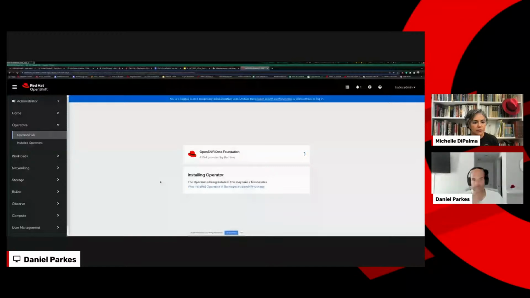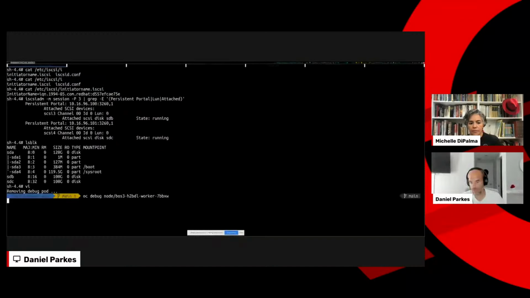Did the machines finish? We can see now. Okay, we have two. So we're just missing one. So let me go back to one of the worker nodes where the changes have already happened. What I would really want to check now is that the multipath configuration is working okay on this node. So let me just very quickly